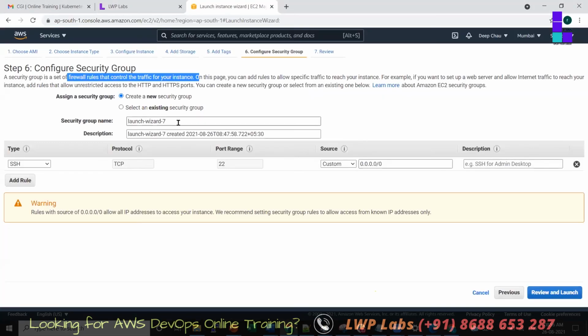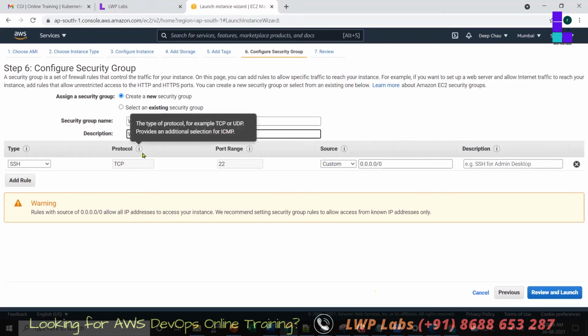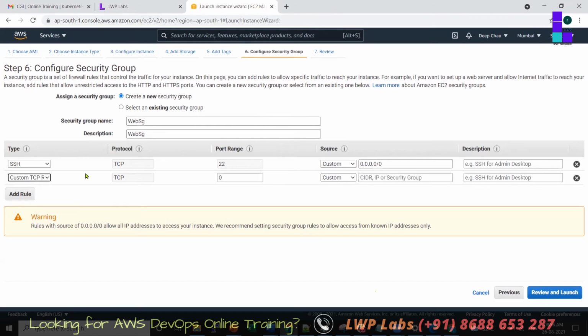Earlier for this, a network team or a Unix team would be there. Now we have to tell a security group, web SG. You have to maintain a nomenclature in your company. Maybe you can write like this: Camel KC. Web SG means web related security group. So first, this one will be opened for all.